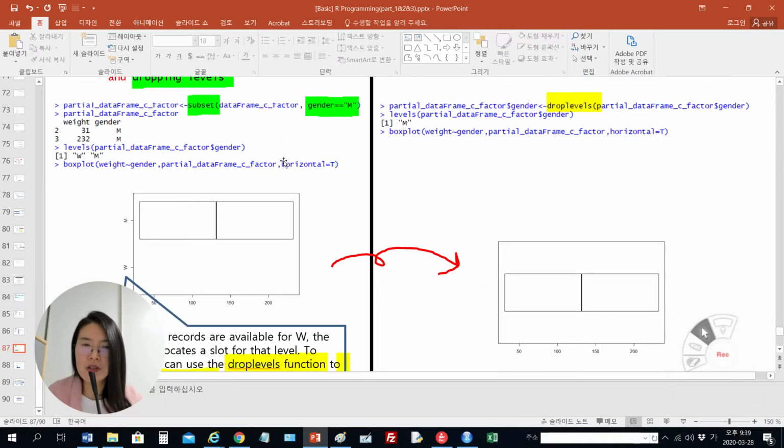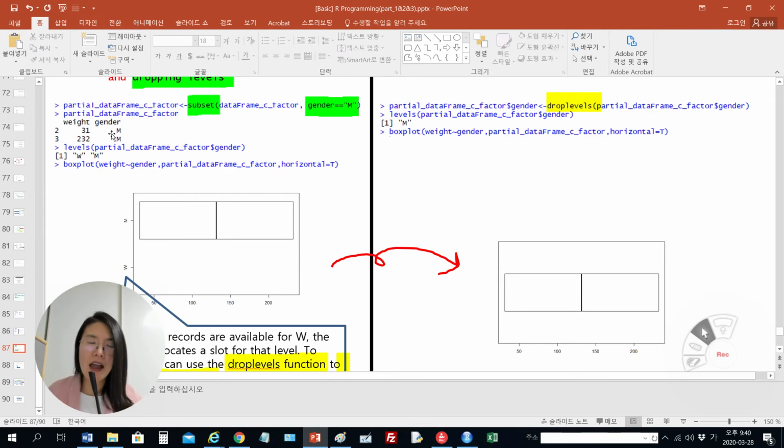Okay, so we can use the subset function with this data frame, and we only consider gender type is man, right? So after the subset function, we can save the new results into a new variable name. I additionally put a partial word in front of the previous variable name so we can distinguish each variable's data type, right? After checking the data of this variable, we recognize there is only the man gender information